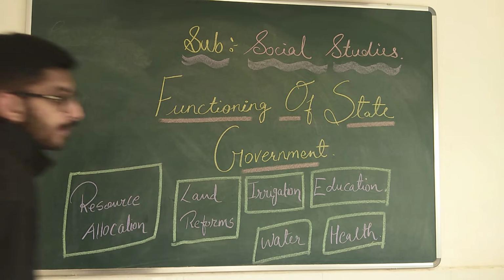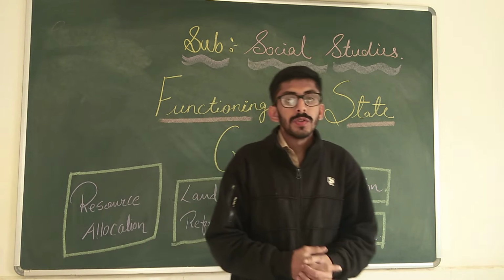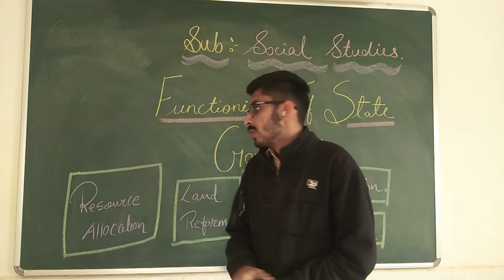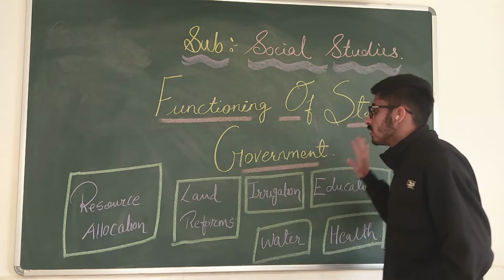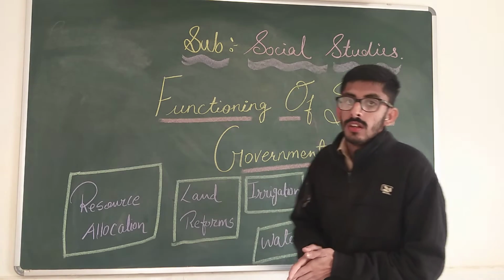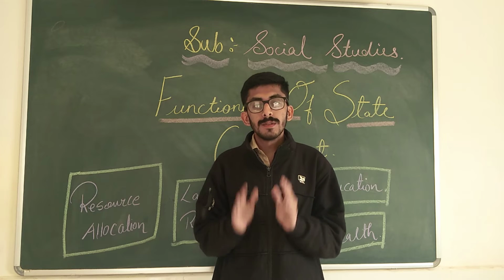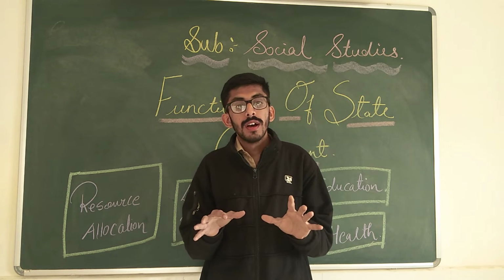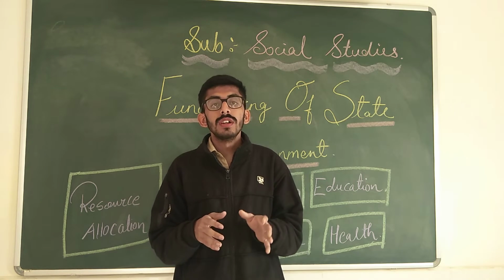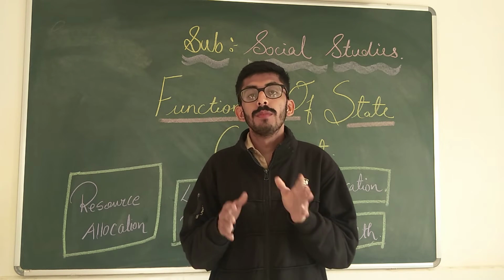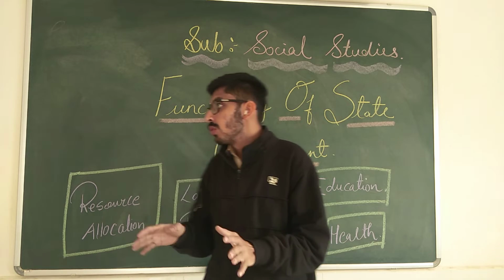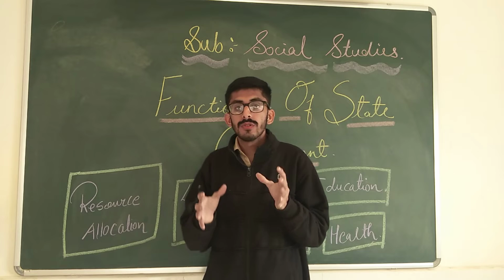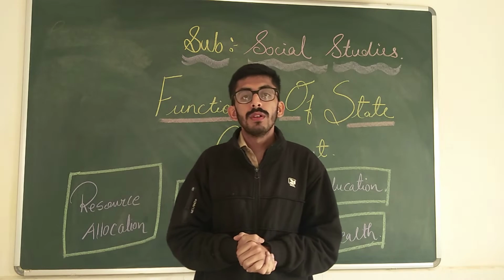So students, we are going to study chapter number 28, social functions of state government. Functioning of the state government means the authority and the responsibility which is given by the public by voting. Clear? So functioning of the state government means a particular state, suppose you can say by taking the example of